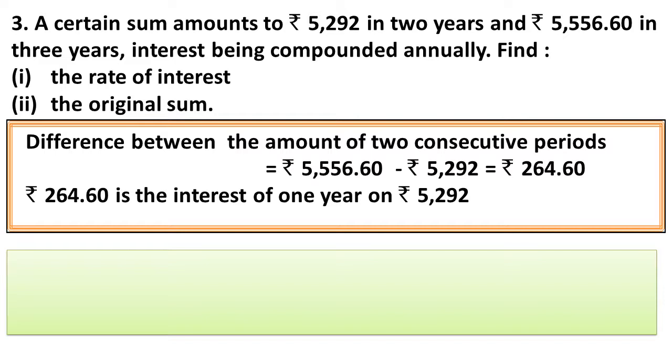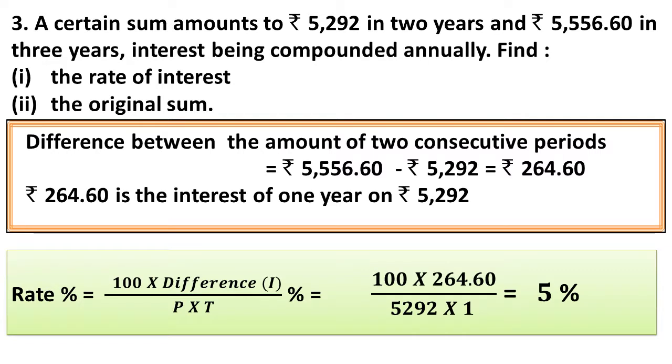Now, how to calculate the rate of interest? The formula differs. Rate of interest is 100 into interest, where interest is nothing but the difference we have calculated, whole divided by P into T. Here the principal is the amount of the first year. First year means among the given two, the least amount has to be taken into